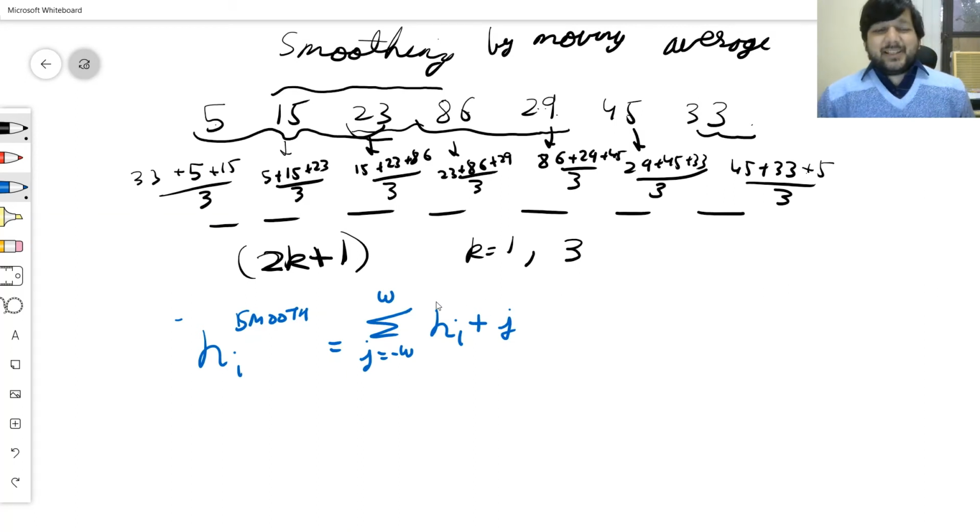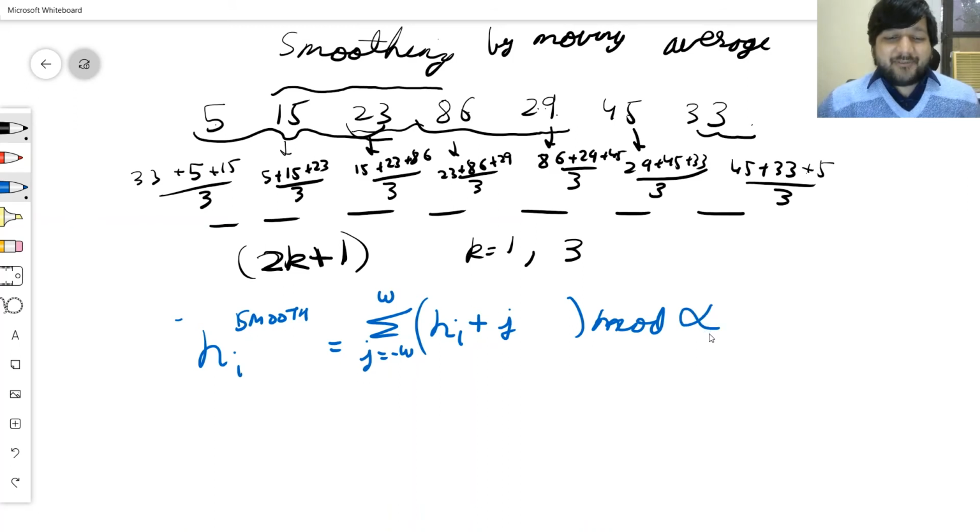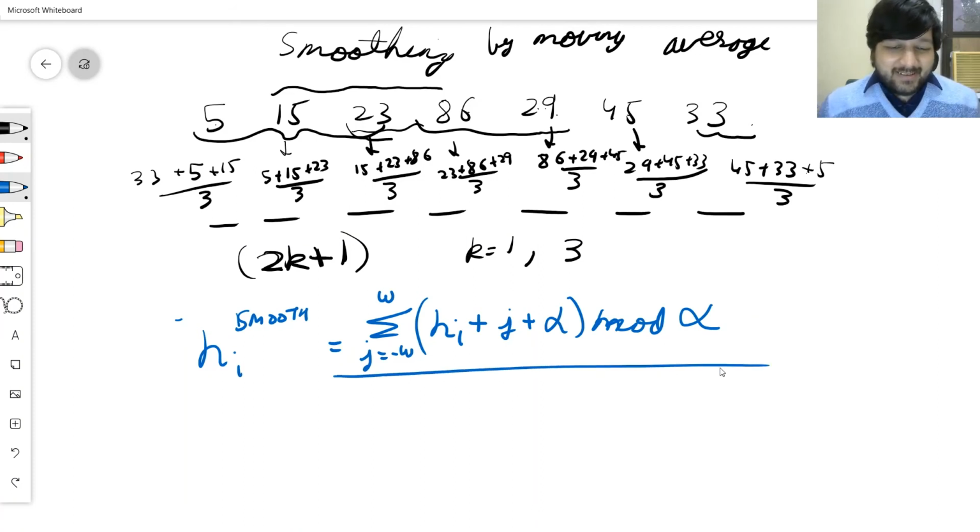Now I need to say circular, so I need to take a mod of the total number of bins. How many bins are there? Alpha. Now this can become negative, as this was becoming minus 1, so I'll have to add a plus alpha over here. That's modular arithmetic, and divide by 2k plus 1. So that is my smoothened